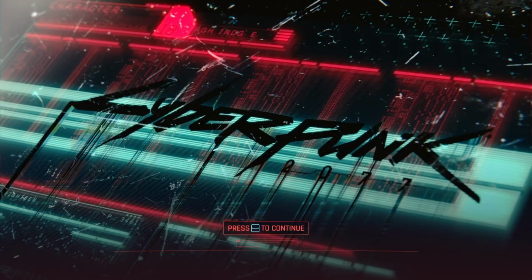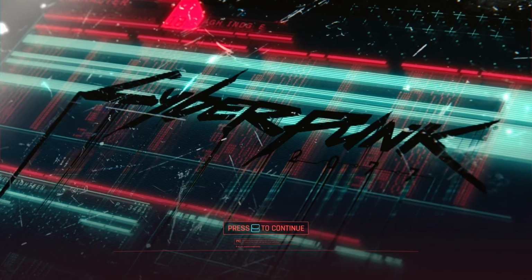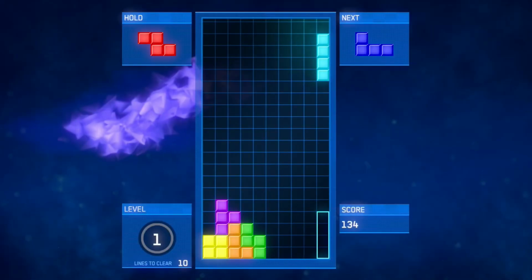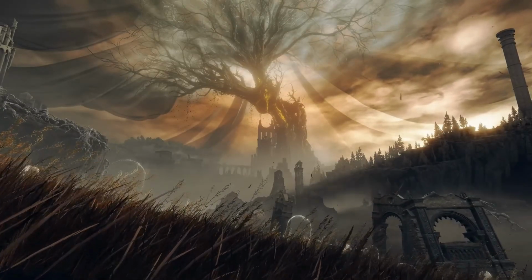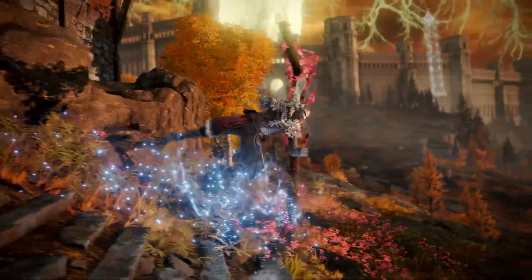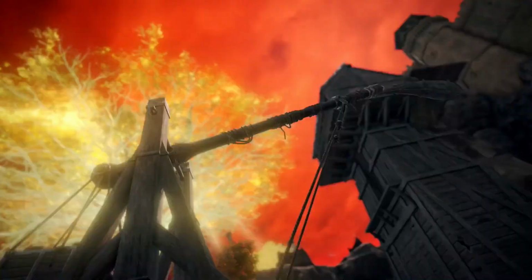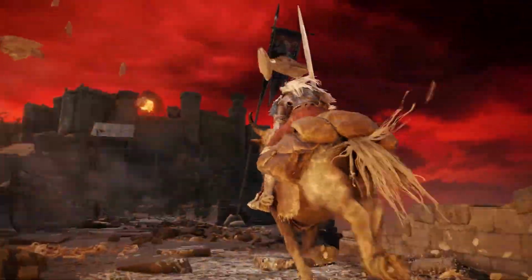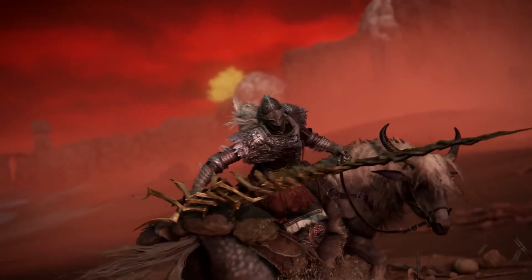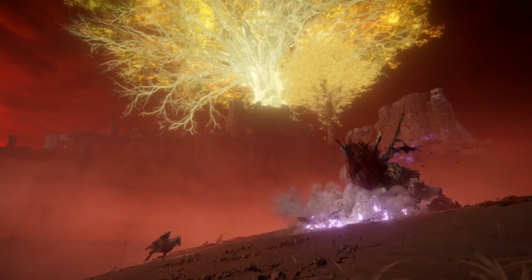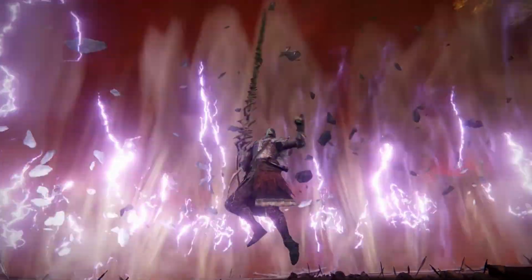Before you even press a button, a game has to look like something. Whether it's the simplicity of Tetris blocks or the jaw-dropping vistas in Elden Ring, visuals are the first handshake between the game and the player. It's what immediately sets one game apart from another. They signal genre, mood, and identity before a single line of dialogue or tutorial is even introduced.